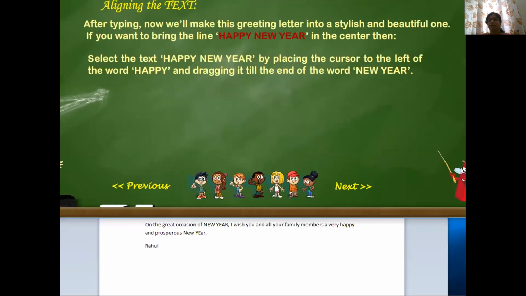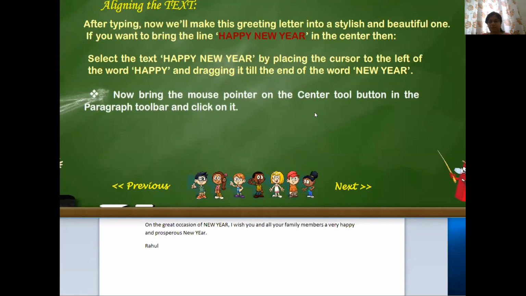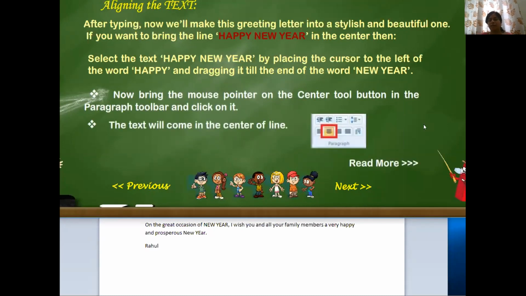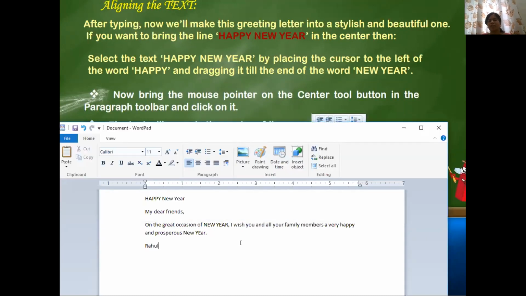Now, alignment in text. What do you mean by alignment? Children, whenever you start writing your notes, from where do you start? From the left hand side corner of your books, right? Whenever you write anything, you will start from left side to right side. Just check it, write something on your notebook. You'll always start from left and go towards your right side, correct? Yes. So what do we call that? Starting from the left side is left alignment.